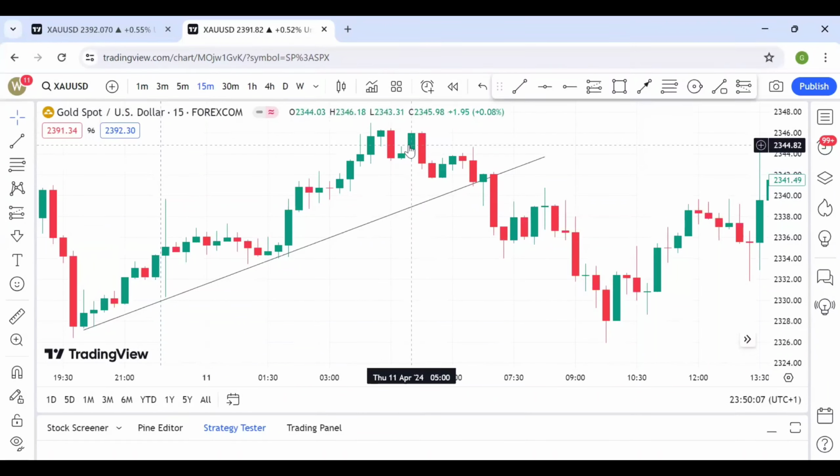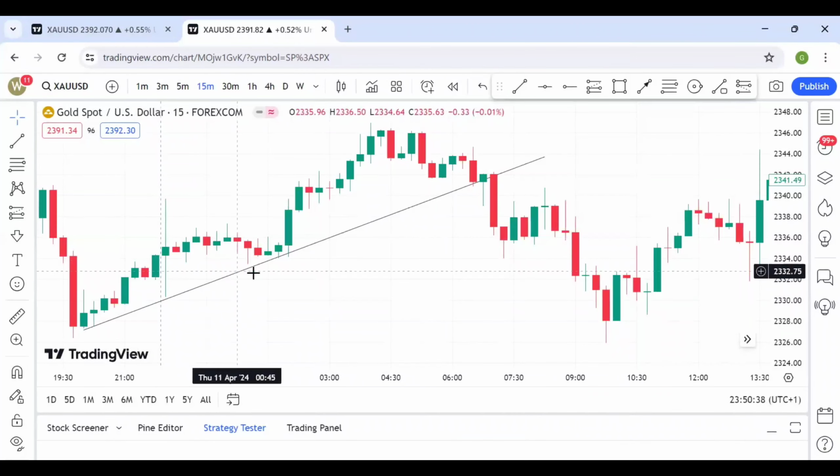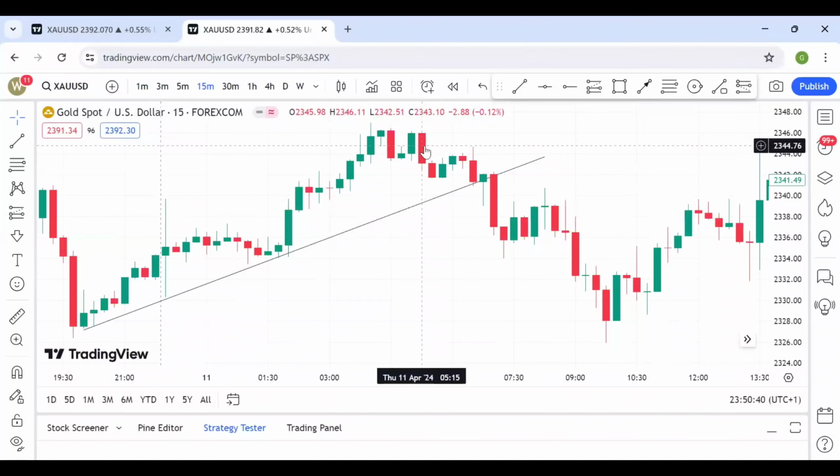So the bearish engulfing candlestick pattern is a two candlestick pattern that consists of a white or green candle followed by a large red candle which engulfs the green candle. That means it covers completely the green candle. You can see, like I say, this is an uptrend. So since it was spotted in an uptrend,